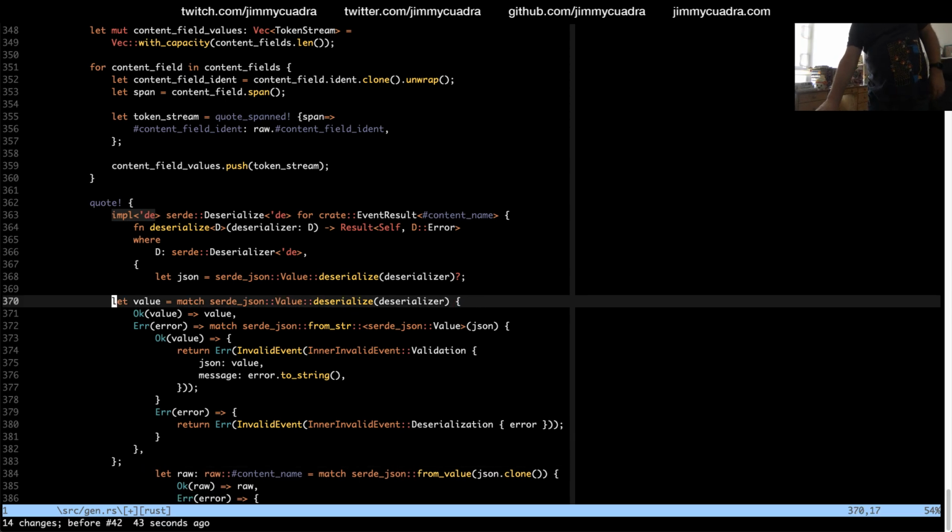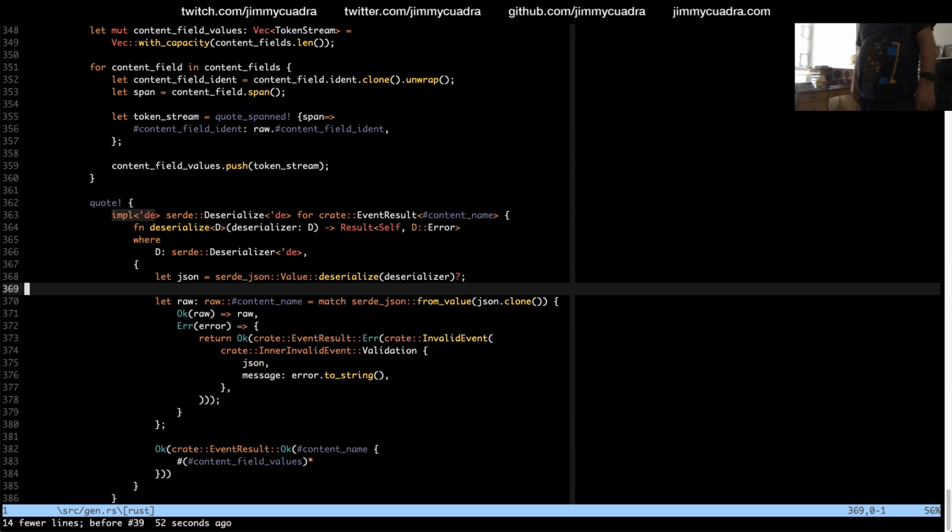I don't know why I'm getting confused by this. So if we can't deserialize from the input to a JSON value type, then we give up. We just return a serialization error. It's only the validation error case, where it's valid JSON but not a valid event, where we care about wrapping it in our own type.